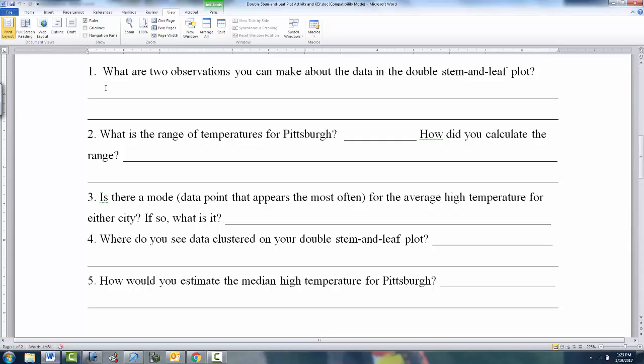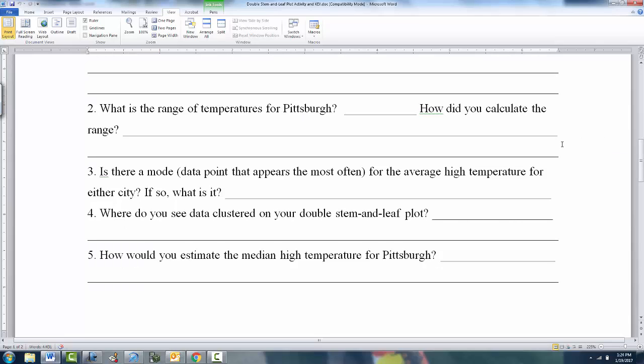Up at the top, shh. What are 2 observations you can make about the data? Just put something in a complete sentence. Something that you already knew. Phoenix is hotter than Pittsburgh. And then something else about the data that you recognize. Who cares? Just write something. Satisfy. But then definitely, what is the range of the temperatures? And how do you calculate it? Don't write about that, but